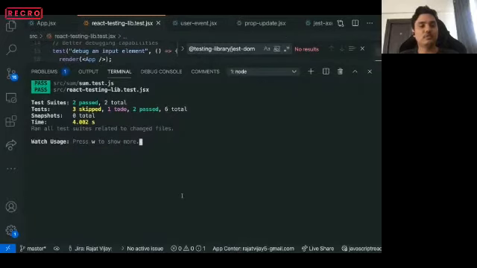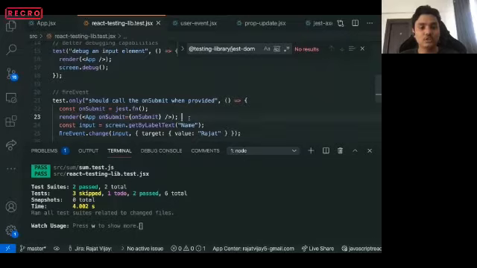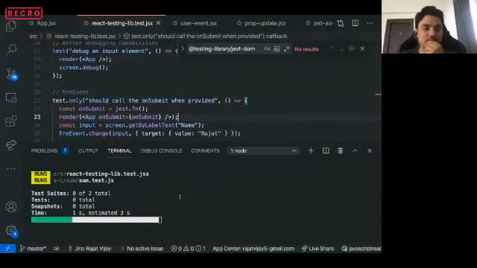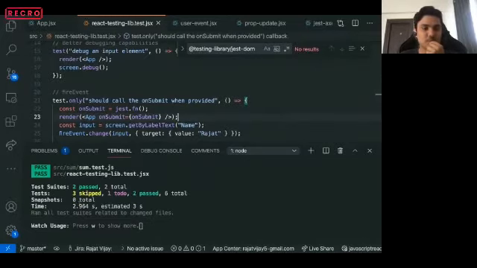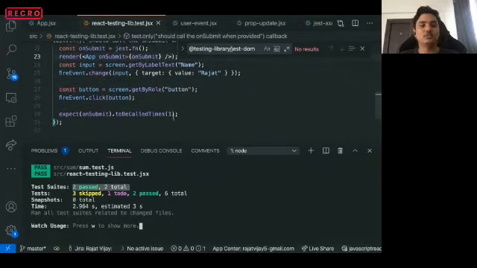So when I run this test, it actually ran automatically because it's running in watch mode. Let's rerun this test. Yep, so now this passes.